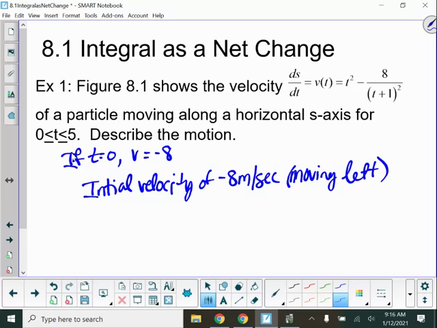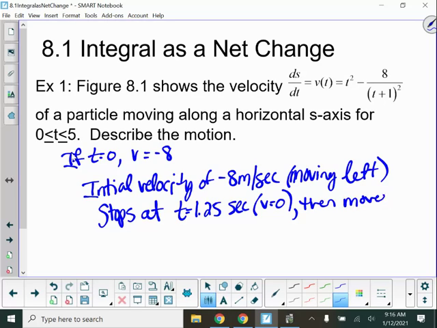If we set this equal to 0 and solve, it's going to stop at t equals 1.25 seconds, because again, that's where the velocity is equal to 0. Then it is going to move to the right with increasing speed, and eventually your ending velocity, if we plug in a 5 there, is approximately equal to 24.8